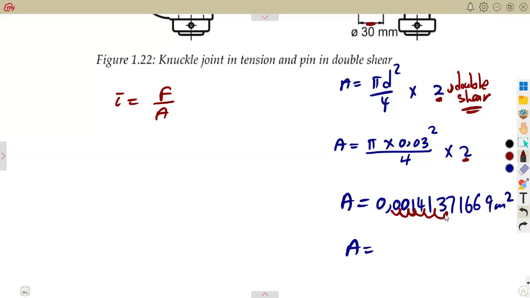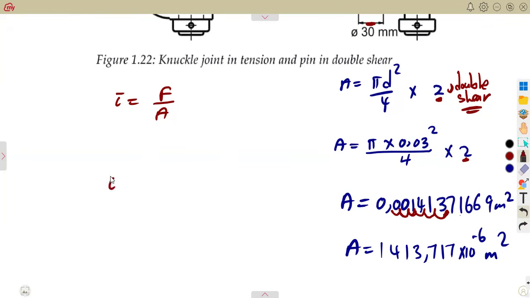If you want to use -6, it can be somewhere there, which will be 1.4137 times 10 to the exponent of -6. You can write your area like that, or you can use the -4 that you've been using before. Still, that will be one and the same. There will be a very slight difference in your answers, but that does not